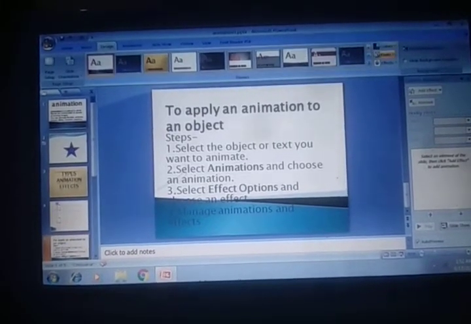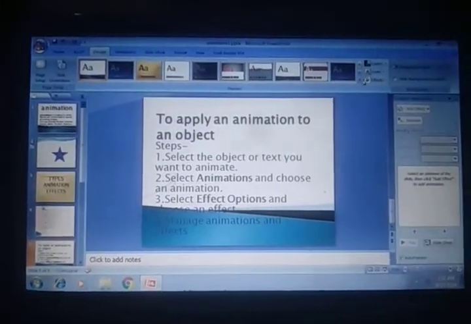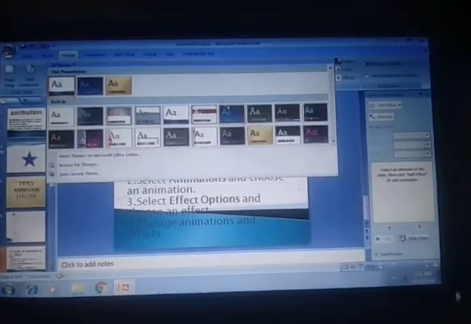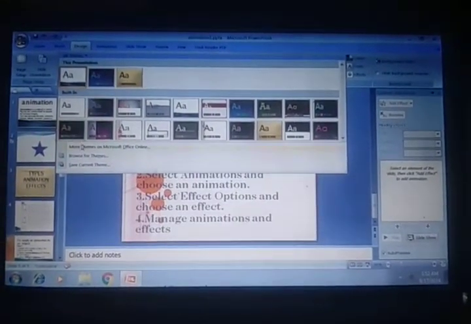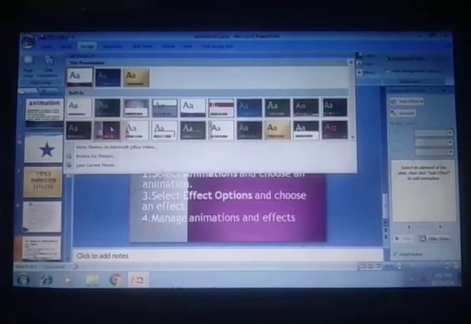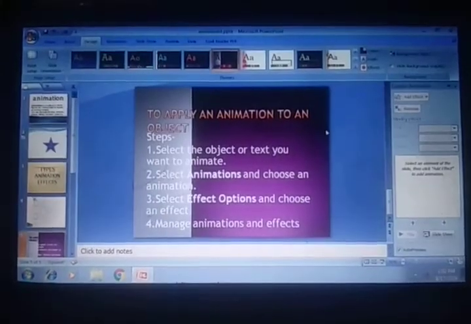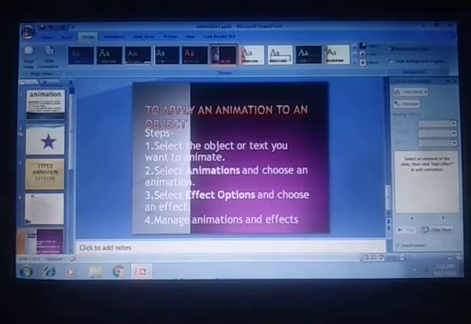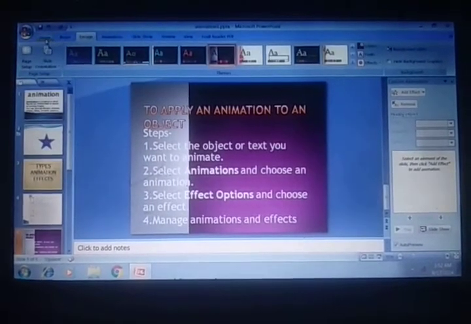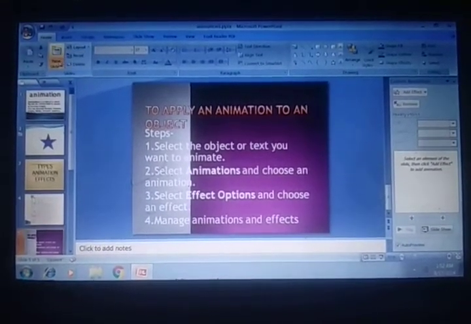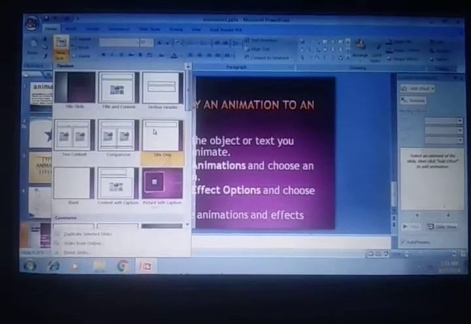Select the slide, apply to selected slide. Okay, children, you can create a new slide also by title only.